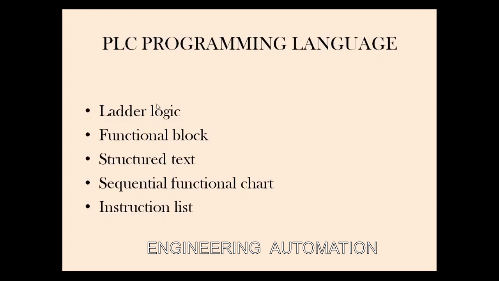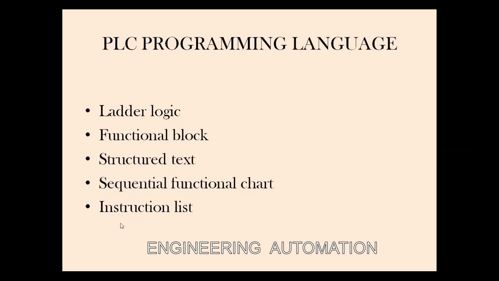Okay, the next one is a functional block diagram. It is a depiction of simple and complex building blocks, like logic gates to closed loop algorithm and control. Fine. So, for example, if you want to perform the AND gate, there will be the AND block over here. You can take and make use of it. Fine. Next one is structured text. This way of programming is similar to the object-oriented language to provide high-level syntax using control statements.